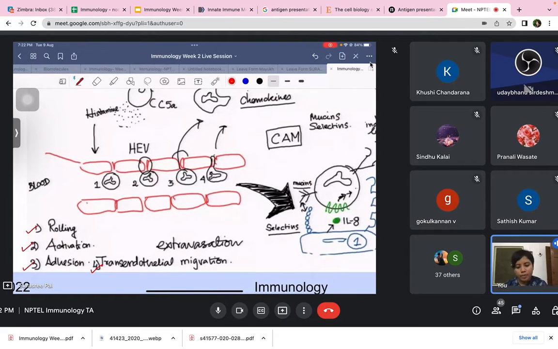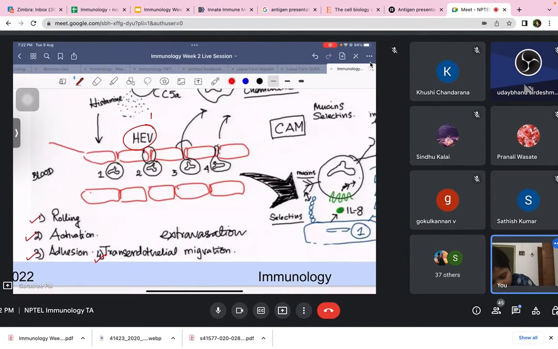First, these are the endothelial cells, known as the high endothelial venules, HEV. High endothelial venules, right? So these line the blood vessel,